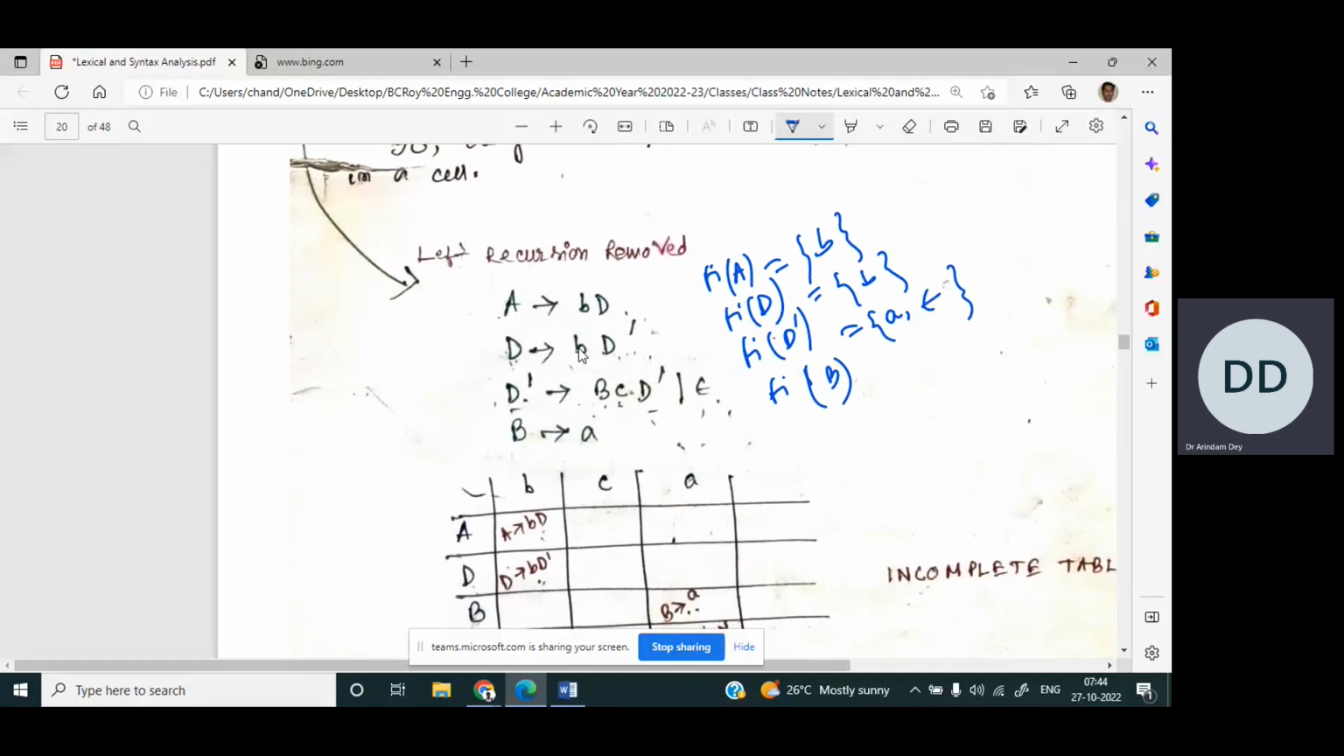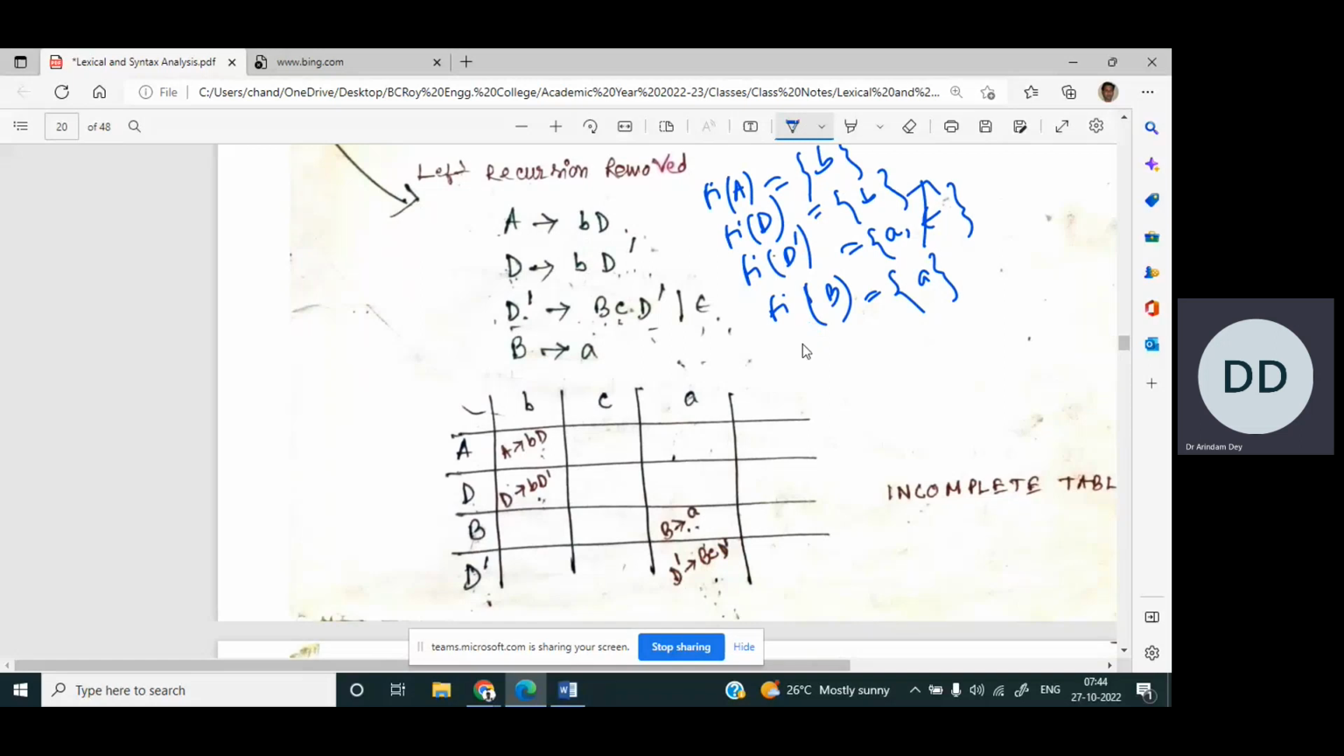So I am writing epsilon. Whether to consider epsilon in first of D dash or not, I will tell later. So I am marking it with an arrow. Later we will discuss it. First of B is simply a, correct? Now,